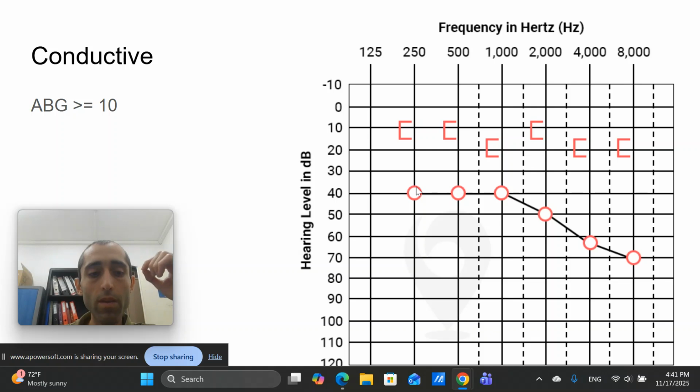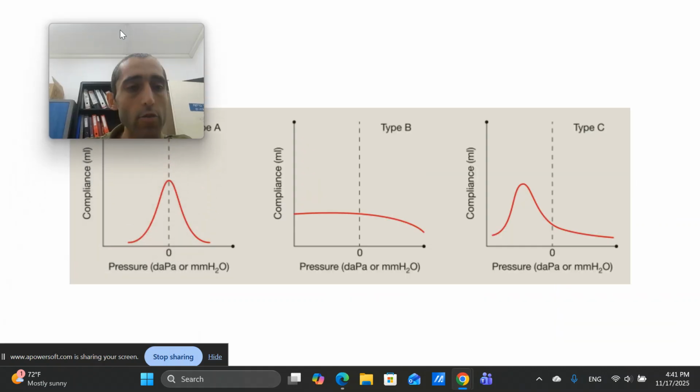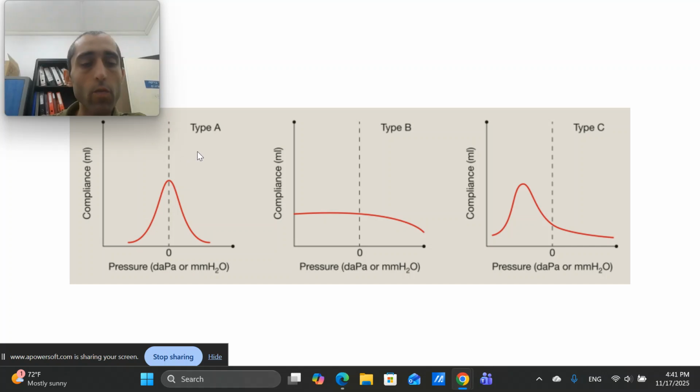So if there are problems in the external or middle ear, the air conduction will be damaged, but the bone conduction won't, because bone conduction goes beyond the external and middle ear, it doesn't go throughout them. It goes directly to the inner ear, to the cochlea. So this is an audiogram of conductive hearing loss with an air-bone gap at each frequency of at least 10 decibels. And usually in sensory neural hearing loss without any other problem, you will see tympanometry type